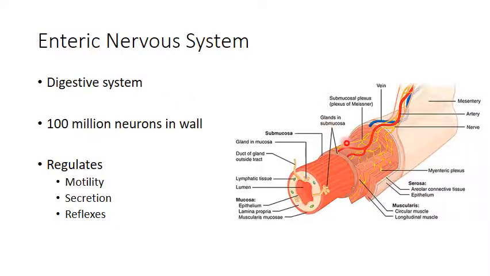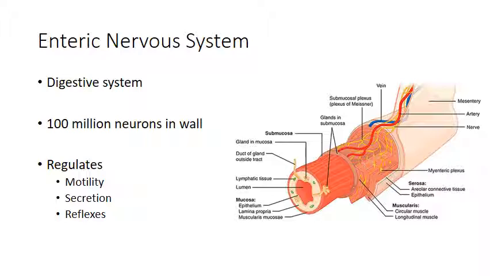This is an image that you'll become more familiar with next semester as you talk about the digestive system, but we have sort of multiple layers here that make up the walls of the alimentary canal or the gastrointestinal tract, and maybe wedged is the wrong word, in between some of these layers, we have these networks of neurons. And so we have one that's called the submucosal plexus in here, and then the other is called the myenteric plexus, which is located between two different layers. The point is that this particular nervous system is mostly independent of the central nervous system, and it is going to regulate motility, secretion, and reflexes of the